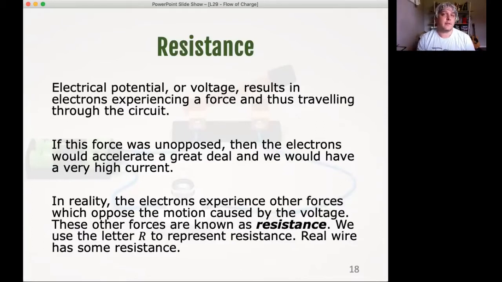Different metals will provide different amounts of resistance, but every metal does provide some resistance, unless you've theoretically gotten down to absolute zero so that the atoms sat perfectly still, weren't moving at all. Then the electrons would have no trouble getting past because the atoms aren't bouncing around in their way, right? So any kind of wire, whatever the material is that the circuit is made of, will provide some resistance. The amount of resistance it provides varies, though, depending on all sorts of things,